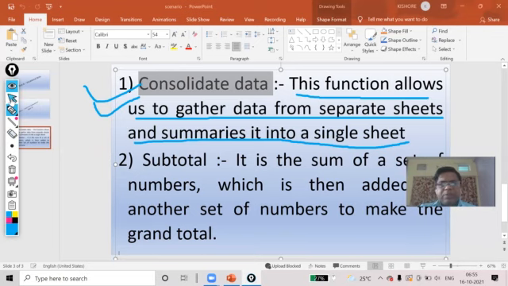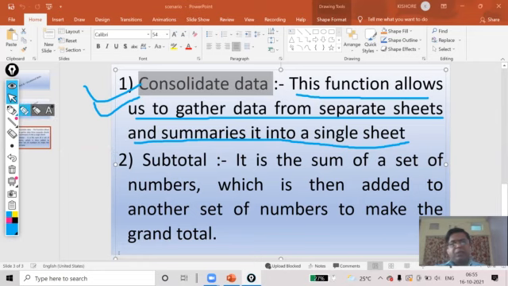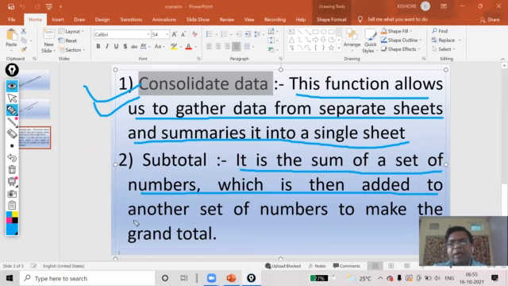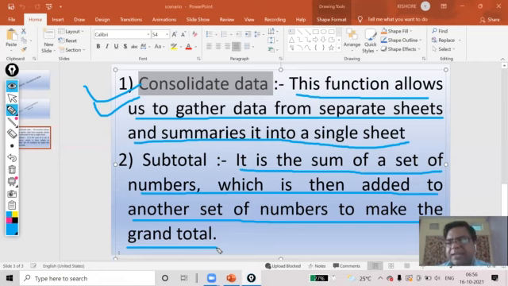Next topic which I will discuss is subtotal. It is the sum of a set of numbers which is then added to another set of numbers to make the grand total. Like we have the name of the employees, designation, and salary.